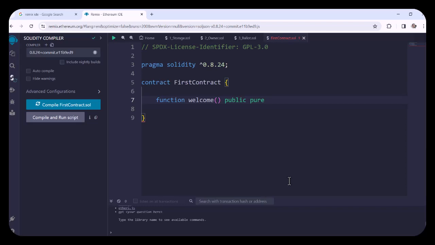By definition, a pure function is something that does not change the state of the contract or does not modify the contract in any manner. And this function does not. It simply returns a hard-coded string. So that's why it's a pure function. Followed by, you have to mention what type of return it is going to return. So we use the returns keyword followed by string, because what I'm going to return is a string, and I have to add this